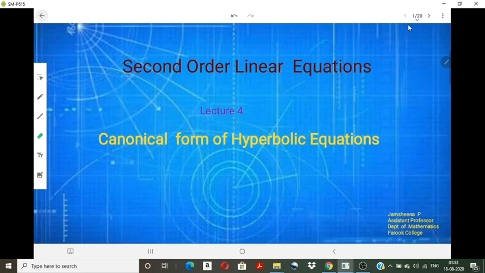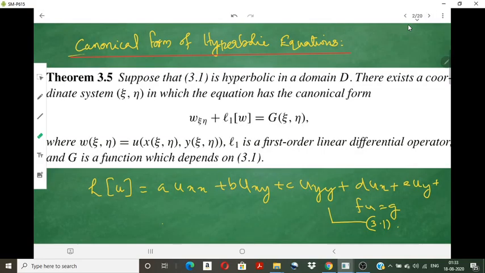Hello all. In this lecture we will discuss the canonical form of the hyperbolic equations. The theorem says that suppose that equation 3.1 is hyperbolic. That means the second order equation which is in the standard form is hyperbolic in a domain D. Then there exists a coordinate system theta eta in which the equation has the canonical form W theta eta plus